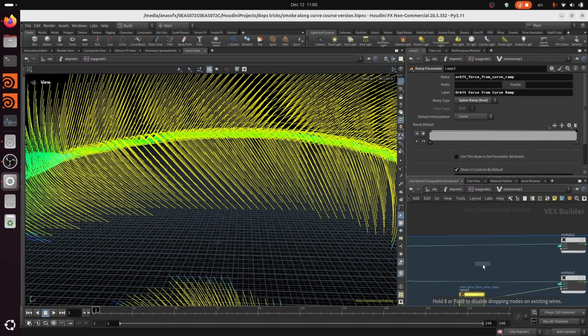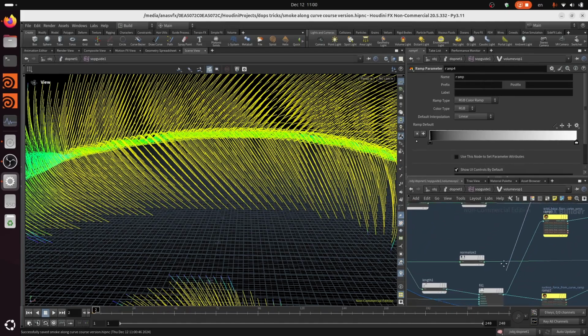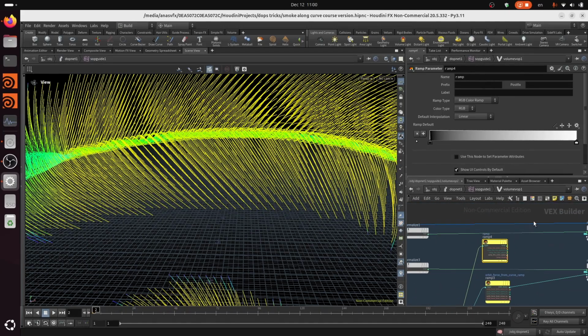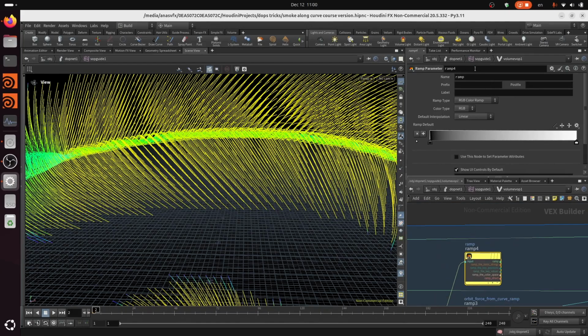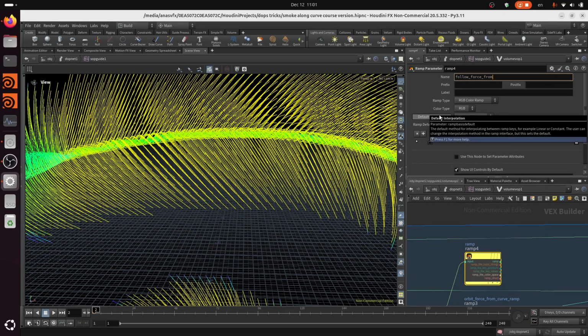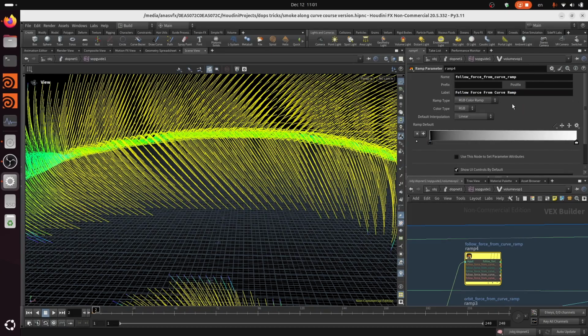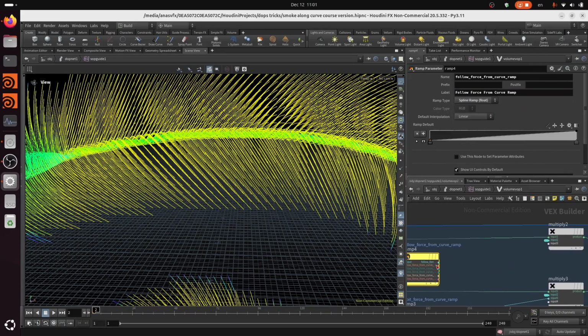And another ramp. I know that these operations or these steps are a little bit boring, but they are very important. Follow force from curve ramp. Then